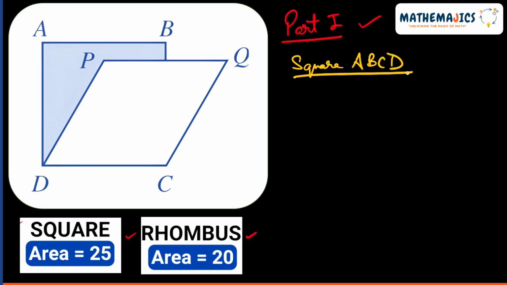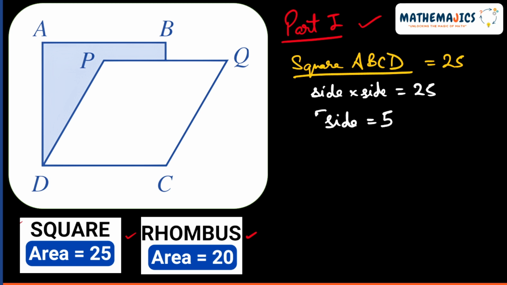has area equals to 25, correct? That means side times side will give us 25. That is the area of square. So side will turn out to be 5. So let's mark the square ABCD with side equals to 5. According to this, AD will be equals to 5, CD will be equals to 5, and AB will also be equals to 5. Now, we are also given that rhombus